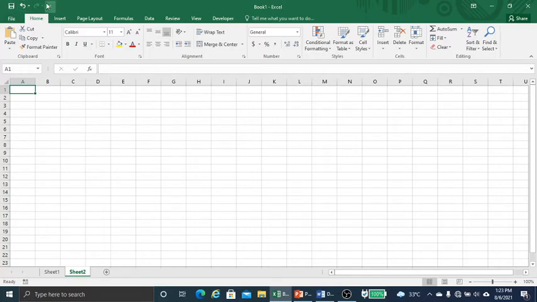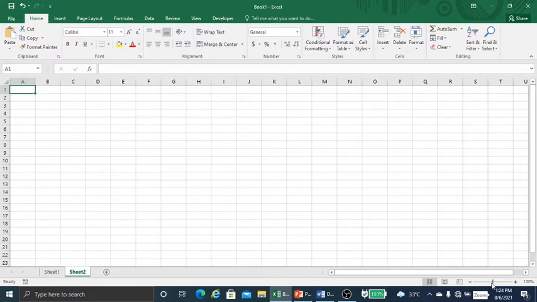Then this part is known as the Quick Access toolbar. Then this part is the ribbon. Then we have the address bar, the formula bar, the worksheet tabs, the horizontal scroll bar, and the page views. You can see normal, page layout and page break preview, and this is the zoom tool.